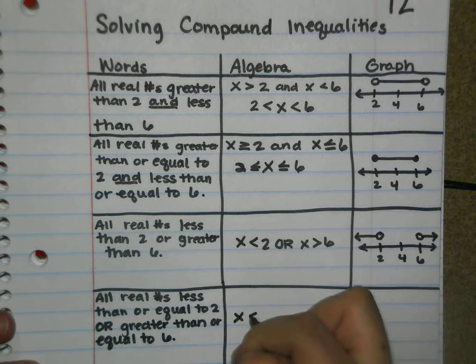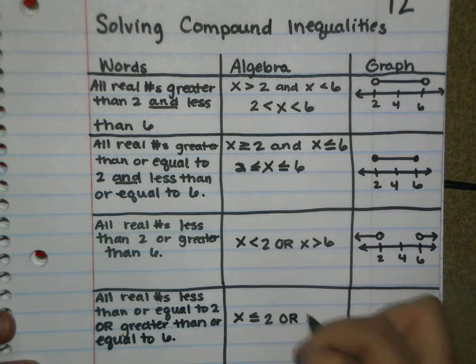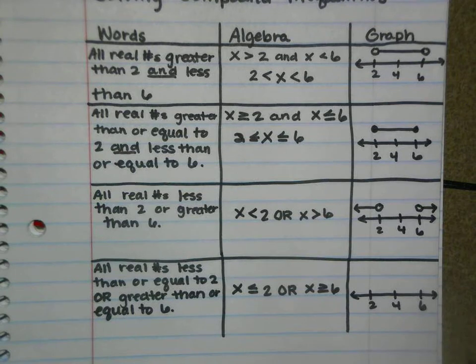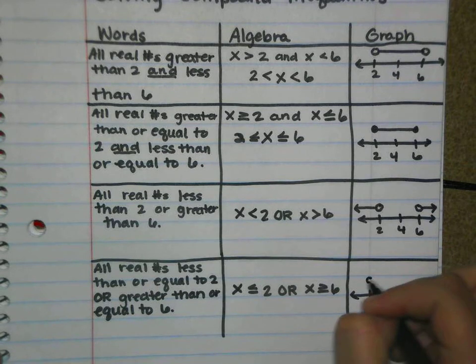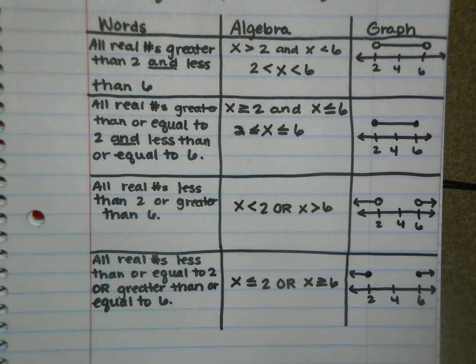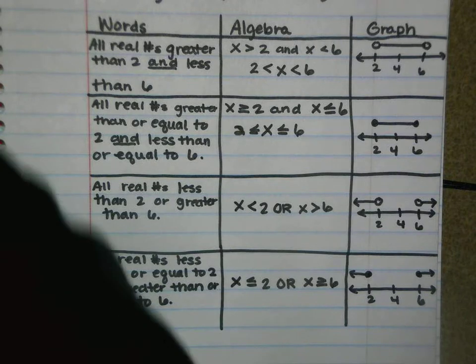So it would be like this: x is less than or equal to 2 or x is greater than or equal to 6. Again, same kind of graph as the situation we just dealt with, 2, 4, 6, except this time, instead of having open circles, we'll have closed circles pointing towards the left on this side and pointing towards the right this side, and that would exclude all numbers between 2 and 6, right? Because those are not less than 2 or greater than 6. So far that should make some good sense to you. Okay,